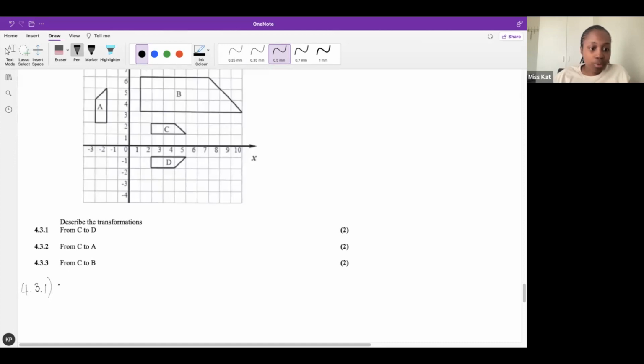Okay, so let's go. It says describe the transformations. If you haven't noticed, C is the original one, because all these transformations are starting from C. So from C to D, how did we get from C to D, guys? You can either check with coordinates or check using the steps. It didn't move. Remember, if it moved, it would still look like C, but just moved down. We reflected it, but you can't just say reflected. So reflection